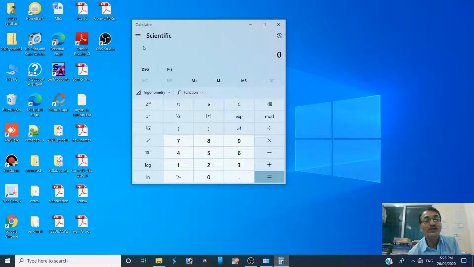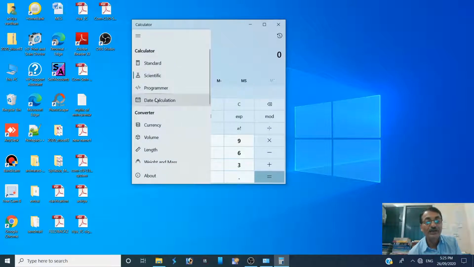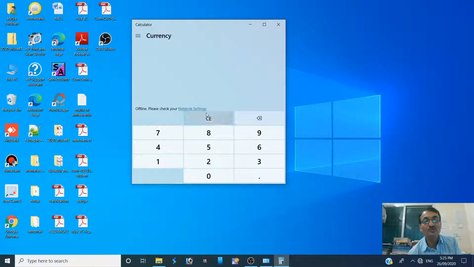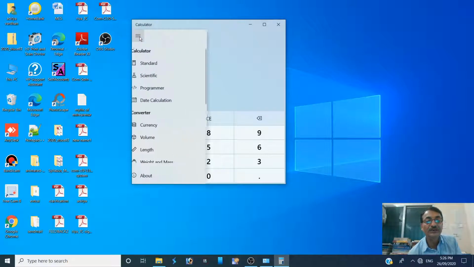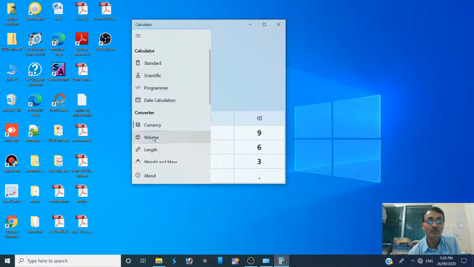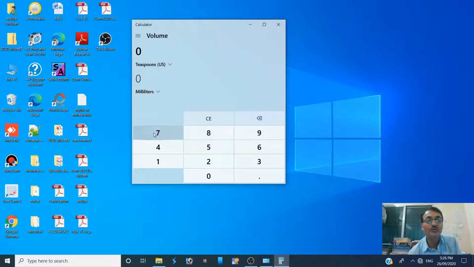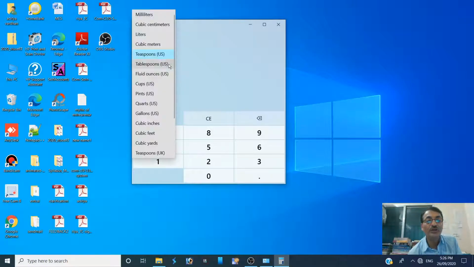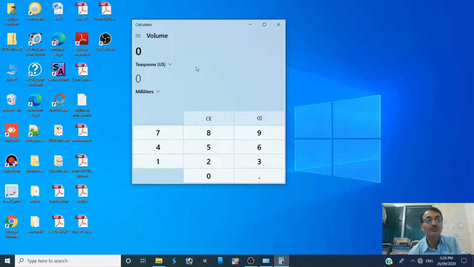And some other calculators may also be available in Windows 10, such as currency. Suppose we require to change the currency, then it can be changed. Offline, please check your network setting; online, there should be the internet working. After that it is easily possible. You can change the volume, and the volume can also be transformed into different forms.